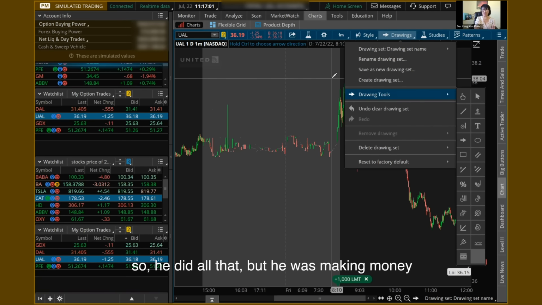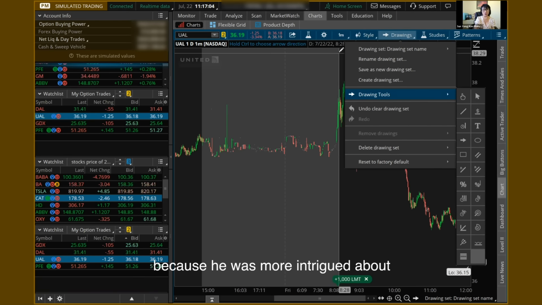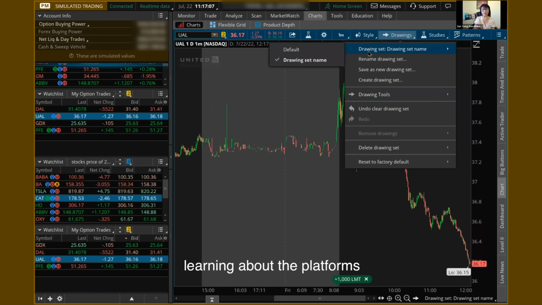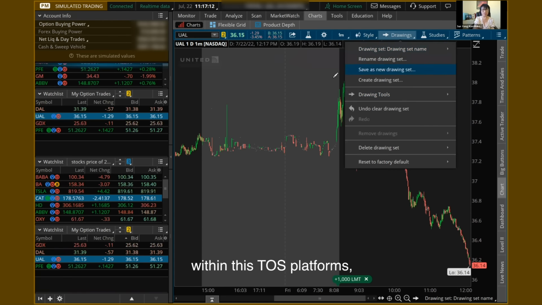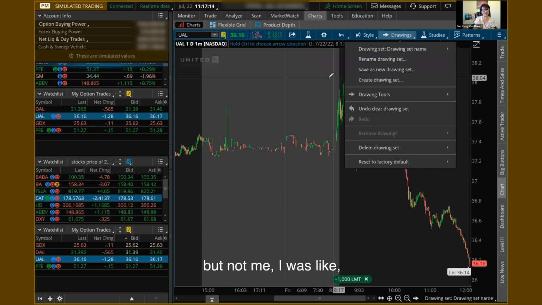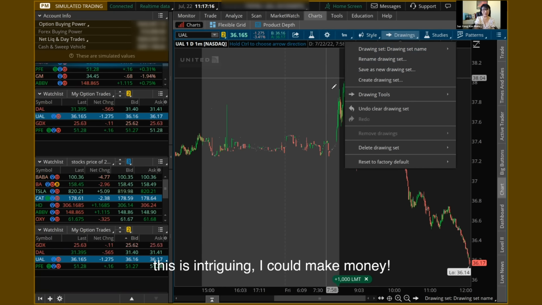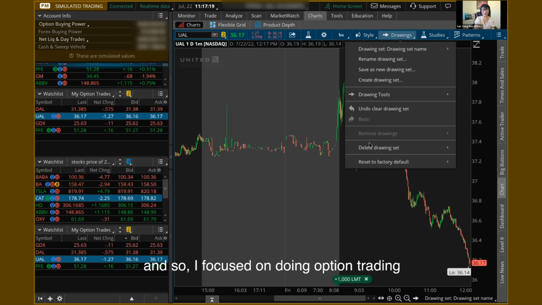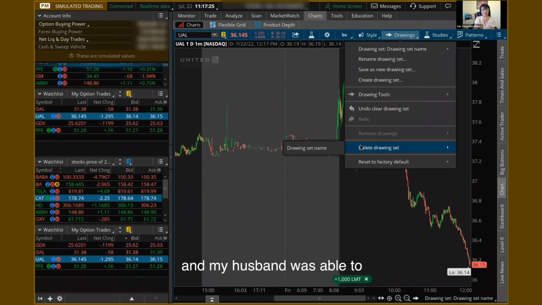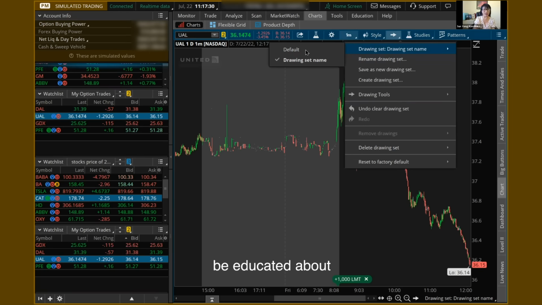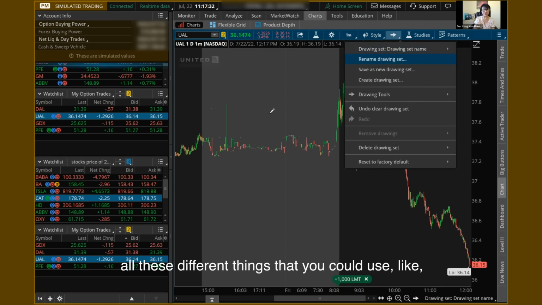But he was making money because he was more intrigued about learning about the platforms, the things that he could do within this TOS platform, but not me. I was like, this is intriguing, I can make money. So I focused on doing option trading and coming up with my own strategies. And my husband was able to be educated about all these different things that you could use, like